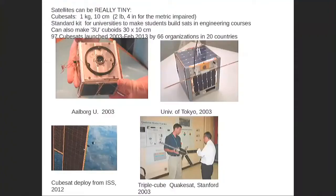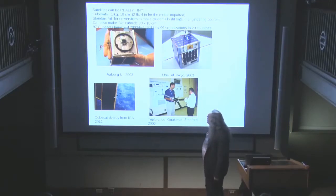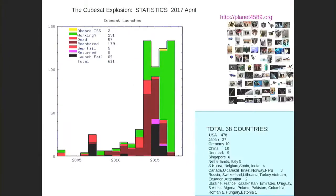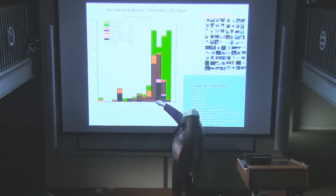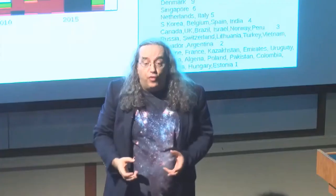So, and just to re-emphasize, some of these satellites are really tiny. Starting in 2003, they introduced the CubeSat, which is 4 inches, 2 pounds. There's a triple version that's very popular, that's like a foot-long hot dog, basically. In 2000, they launched a few of those a year. This is how many of these CubeSat launches per year, until about 2013, and suddenly they started launching 100 a year. They finally got the electronics and everything miniaturized enough that you could do something useful with one of these